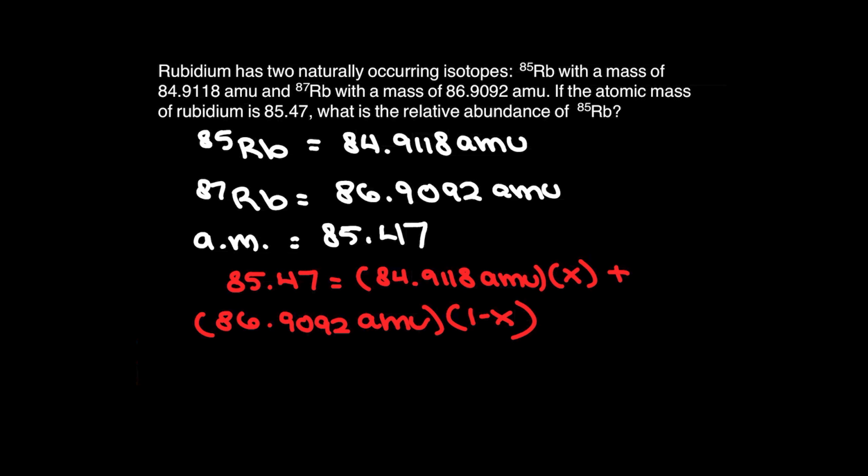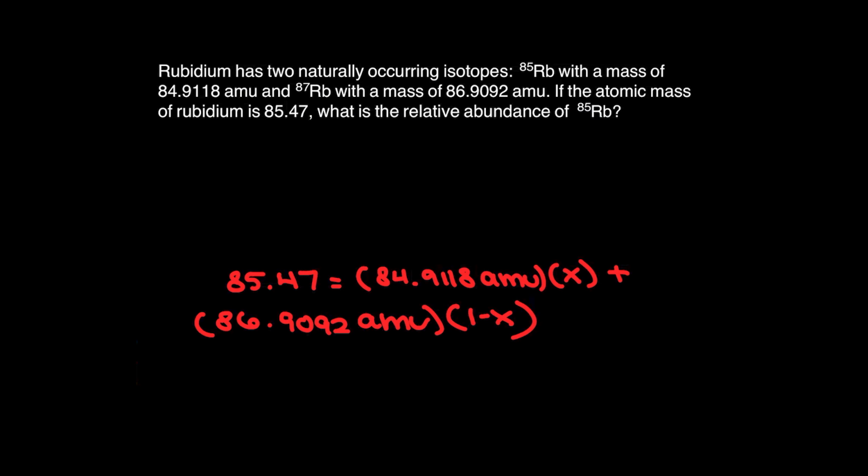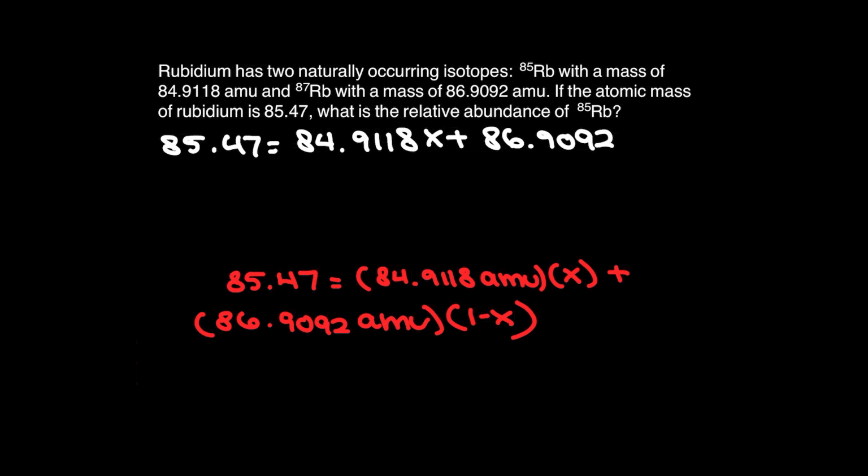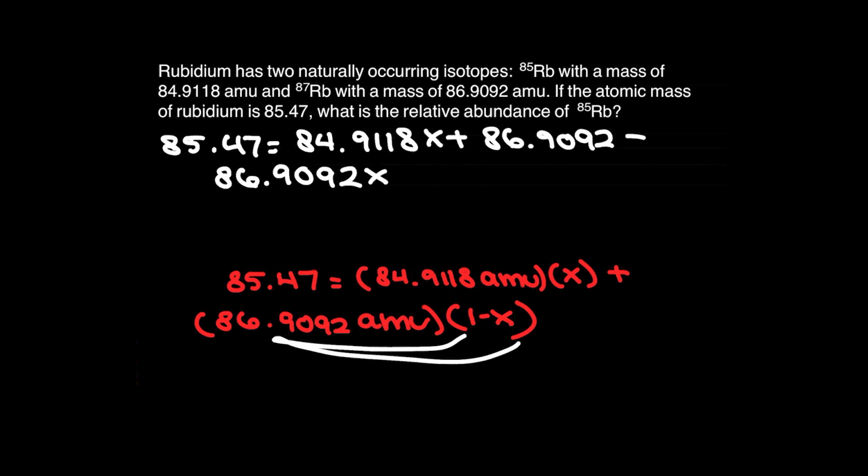So now we have to solve this. So we write out 85.47 is equal to 84.9118x plus 86.9092, and we have to subtract, we're distributing here, 86.9092x. Okay, now we're going to want to get the numbers on one side and the variables on the other,